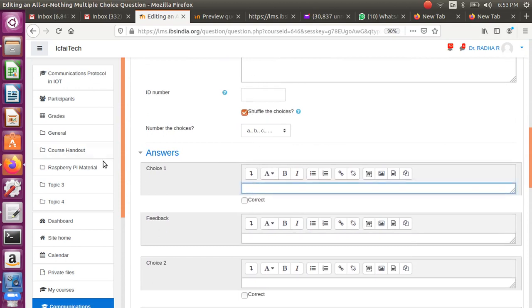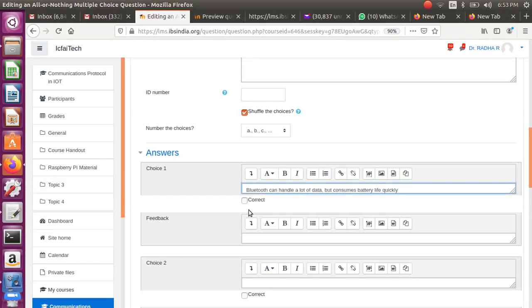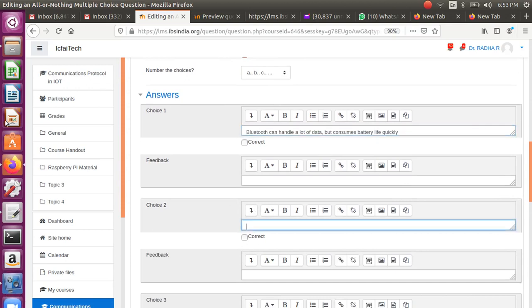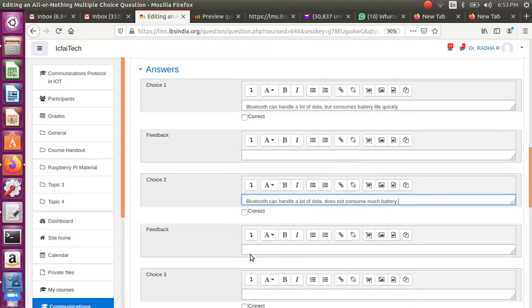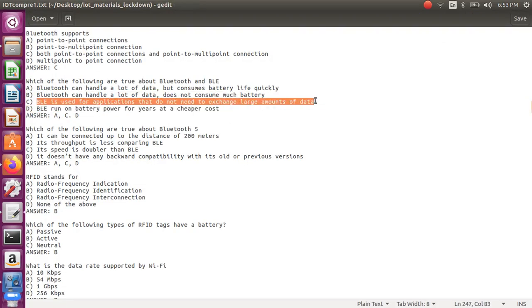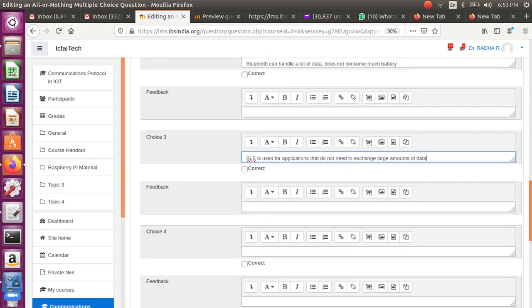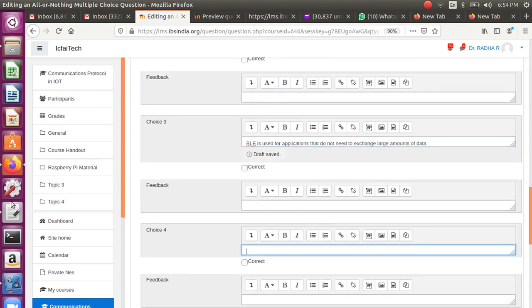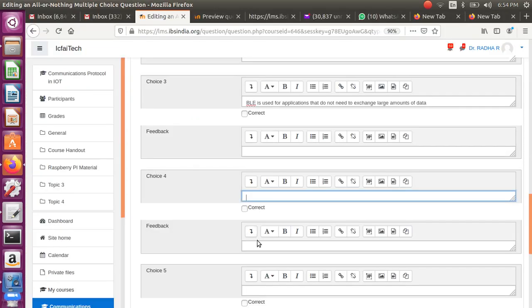So you just insert choices, choice 1, copy and paste it, choice 2, paste choice 2 and then choice 3 and 4. Choice 3 and then choice 4. So after pasting all the choices,